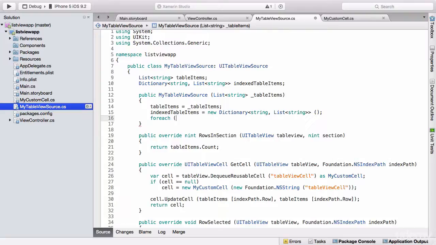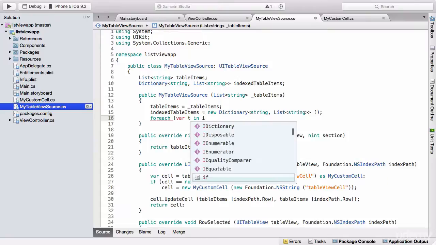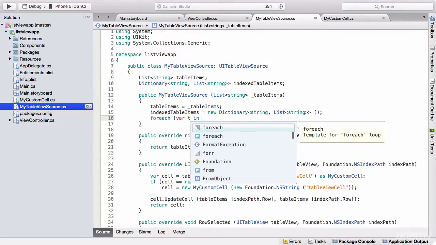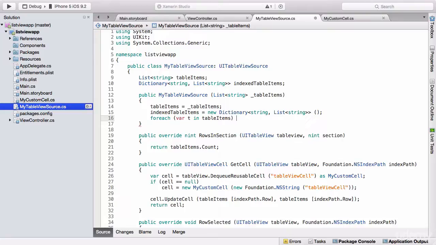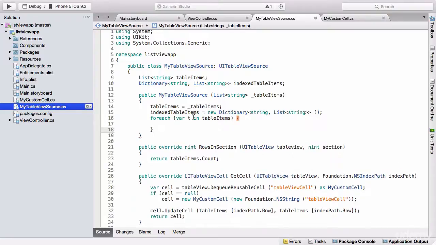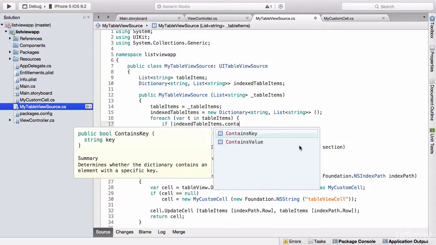And what are we going to loop through? Well, we're going to grab variable t in items, in our table items rather. So this loop is going to go through, grab a variable called t, which represents an element from table items. Now we have to check if our dictionary contains the key of the current item we're looking at. So if indexedTableItems.ContainsKey,